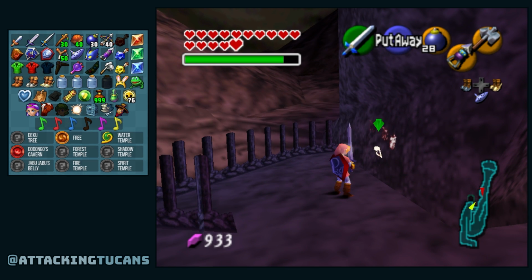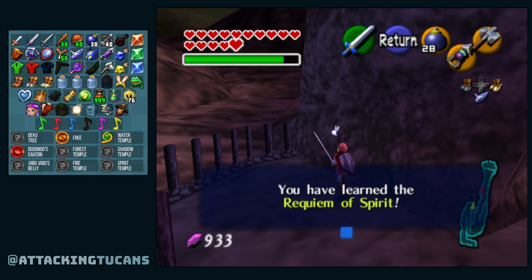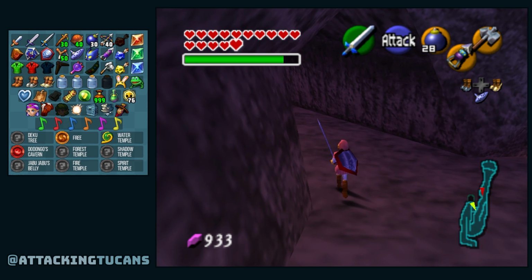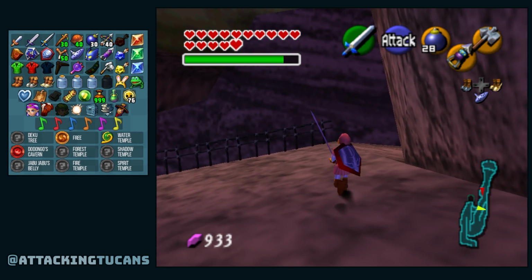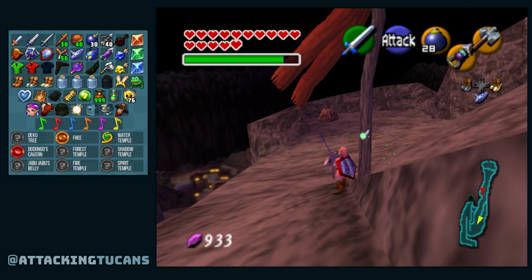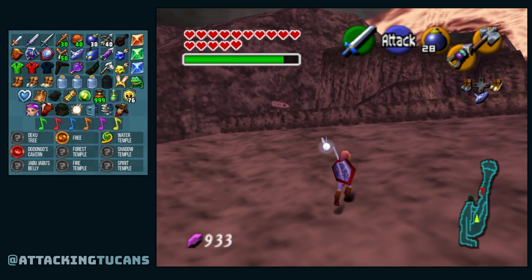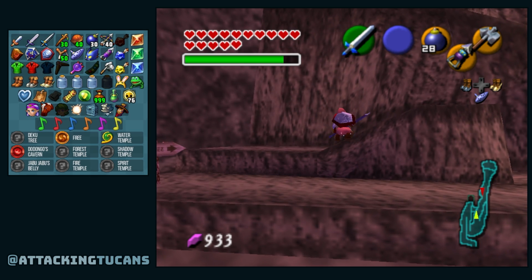Little scratcher. Whoa, is that Requiem of Spirit? We can finally teleport to the Desert Colossus, which means we can do the child section of the Spirit Temple. Wow. Are we gonna be able to complete some more dungeons finally? We've only completed 2 this entire randomizer so far, which is crazy to think about because we're really far into it now. We beat the Dodongo's Cavern